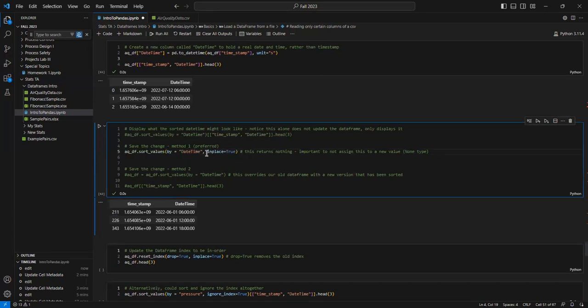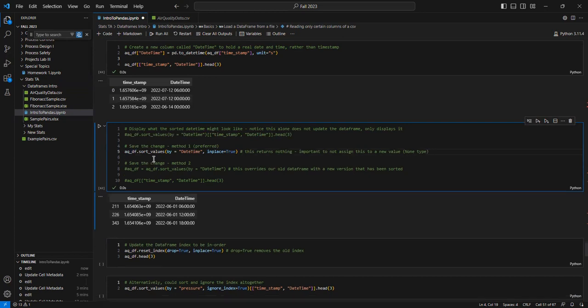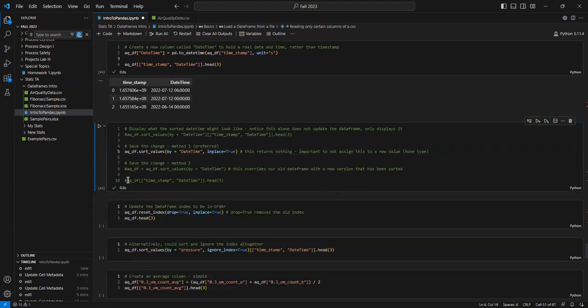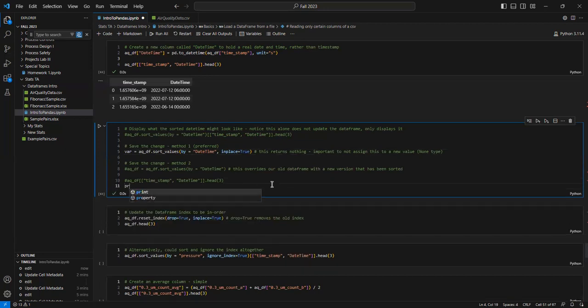This is where the in place happens. So this code alone is actually going to return nothing. It's going to perform all of the operations right on the air quality data frame, and it won't give us a new data frame to look at. So if we run just this code, nothing will be printed out because it returned nothing. If we assign a variable here, and then we try to print that variable,